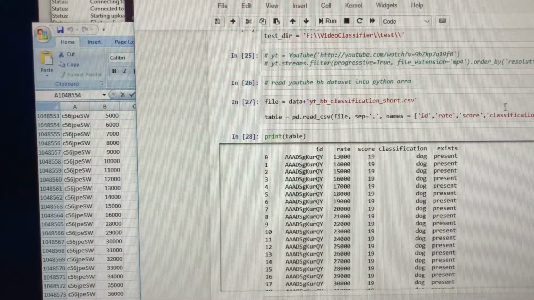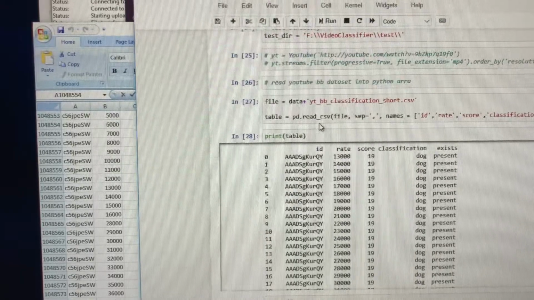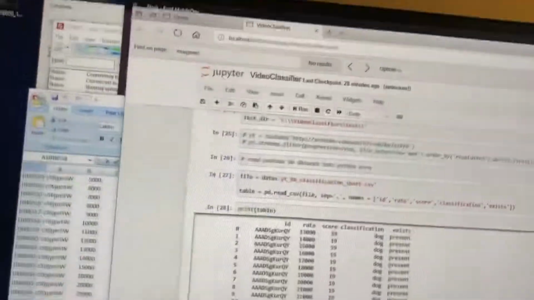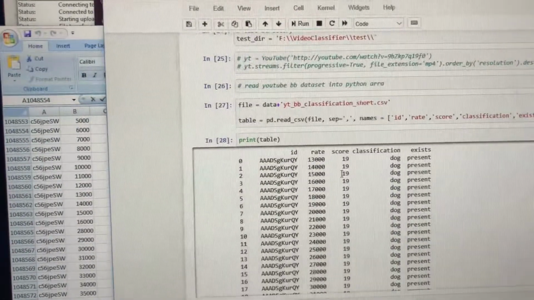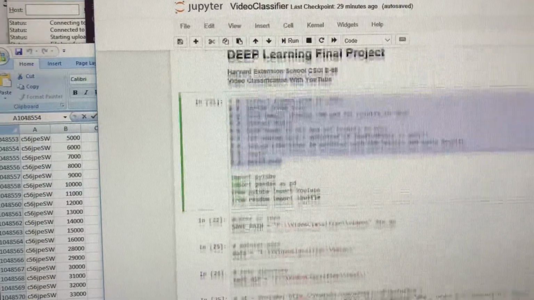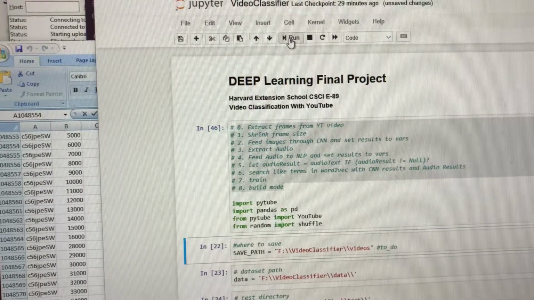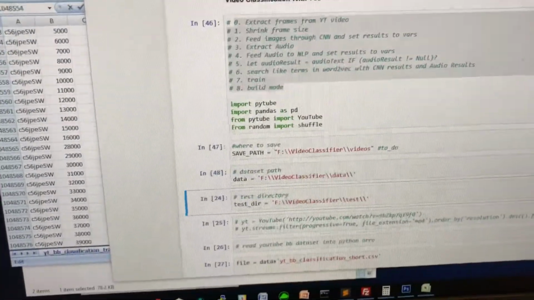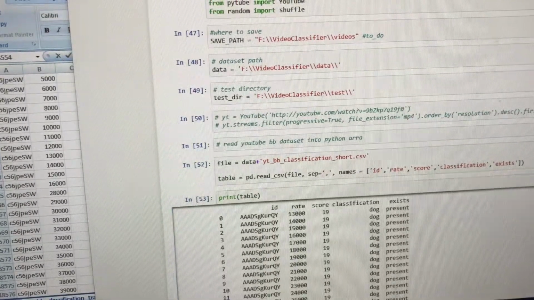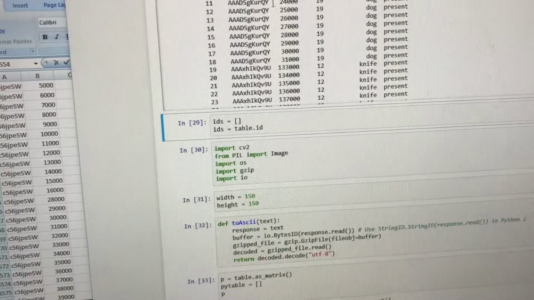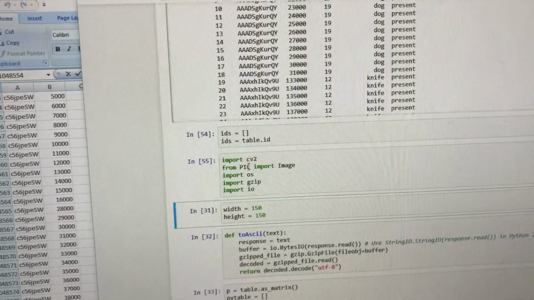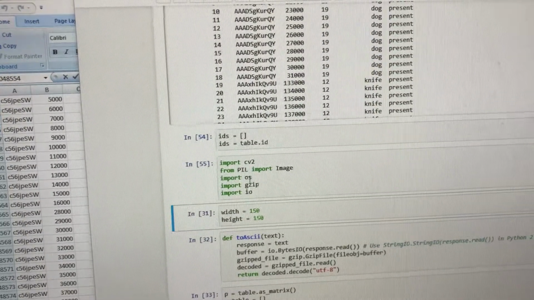I'm incorporating the pandas read_csv object, and I'm reading it in, creating headers right here. This is just a printout of the table that's generated from that pandas statement. Okay, so I'm going to start this project. I've been running it. And here is where I import OpenCV, Pillow, OS, gzip,